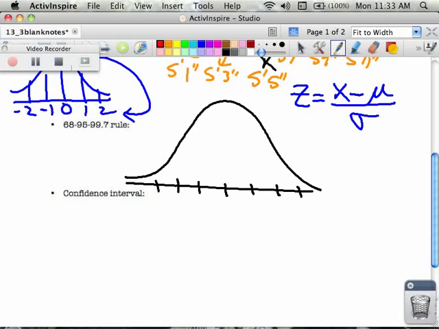Here's my mean, right here, this is my x bar. If I look one standard deviation in either direction, from here to here, this amount of space in here